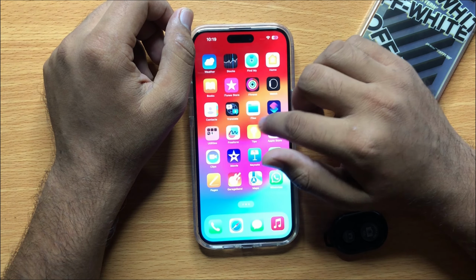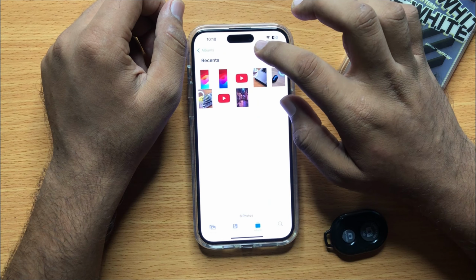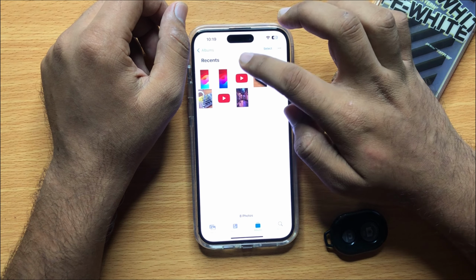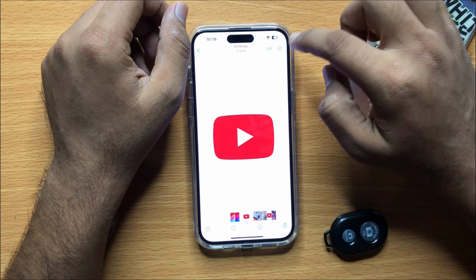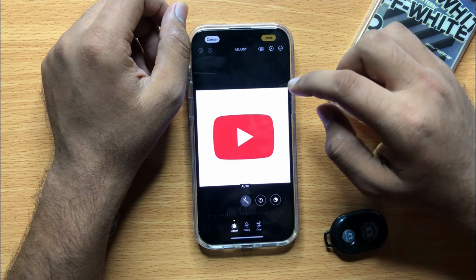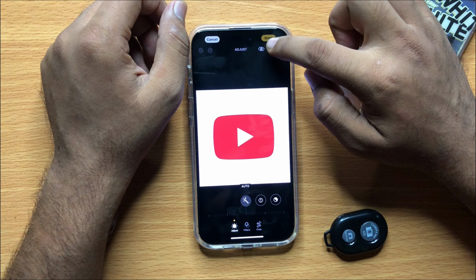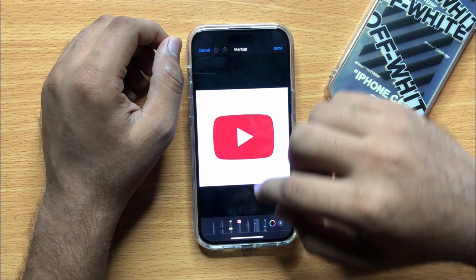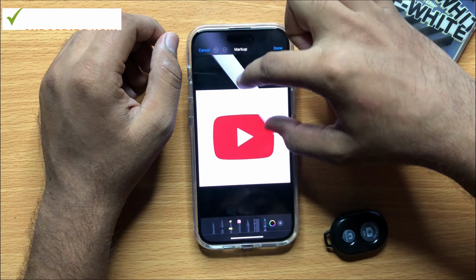So first of all, open Photos. Now open a photo in which you want to add a line with a ruler. Now click on Edit and then click on this markup icon. Now here you will see a ruler. Click on ruler